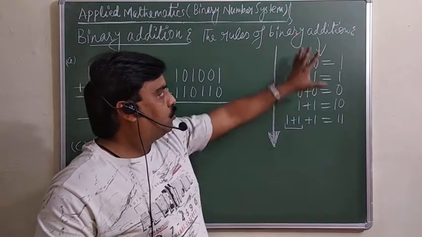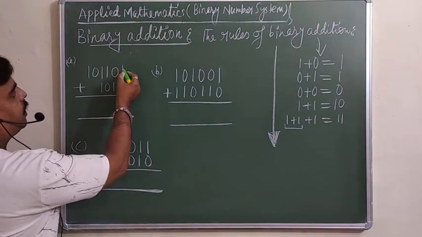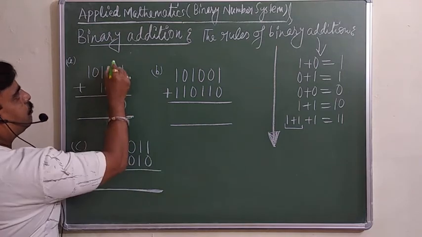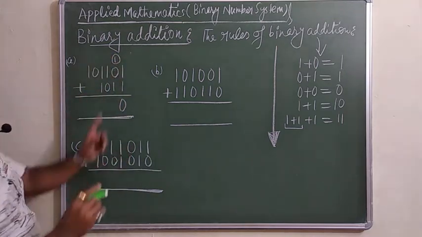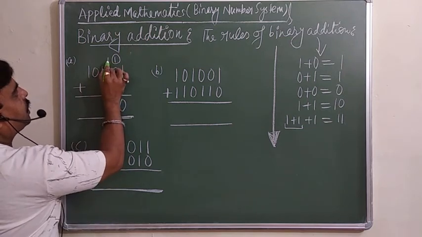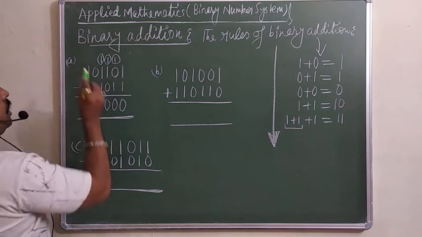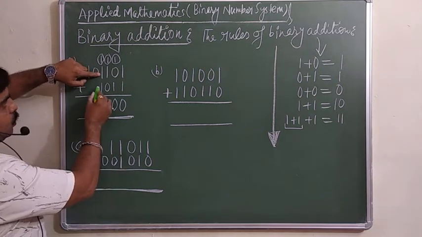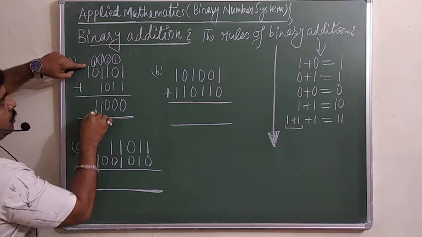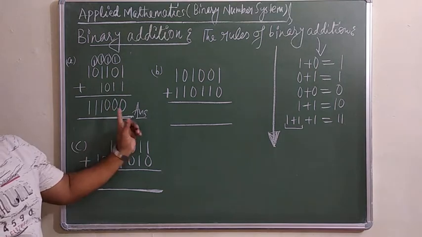This is the rule, so keeping this in mind we are supposed to add them. How can you add? Just see now. Here you are going to add 1 plus 1, which is equal to 10. 10 means you put the 0, and 1 will be the carry. Now this 1 plus 1 is 10 again, so 0 is here, then 1 carry again. Then 1 plus 1 is 10, 0 and carry 1 again. So here 1 plus 1 is 10, plus 1 is 11, so 1 will come here and 1 is carry. Now 1 plus 0 is 1. This is your answer, the first case.